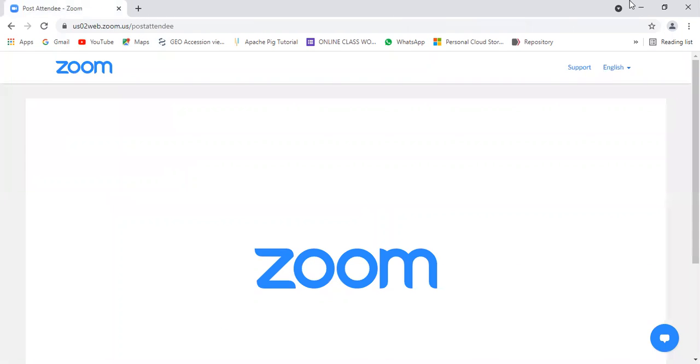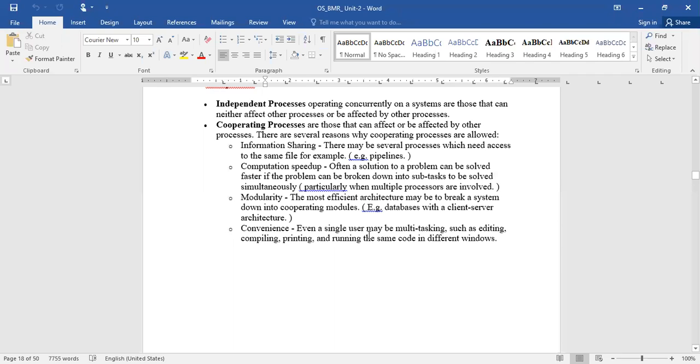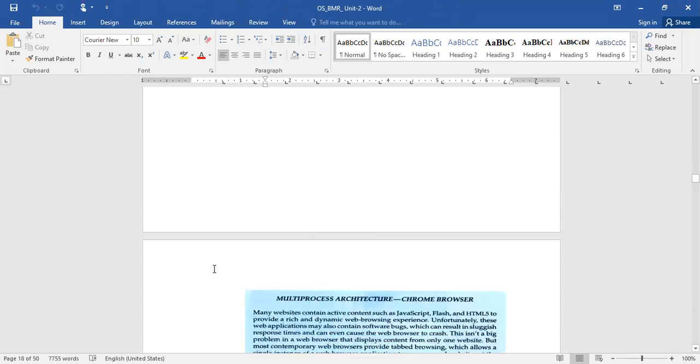If it is an independent process, fine. Instead of that, if it is a sharing process, what happens in that case? It is more convenient for us to share the information among one another. So basically, the processes are categorized into two. One is independent and another one is cooperative. Okay. Now,